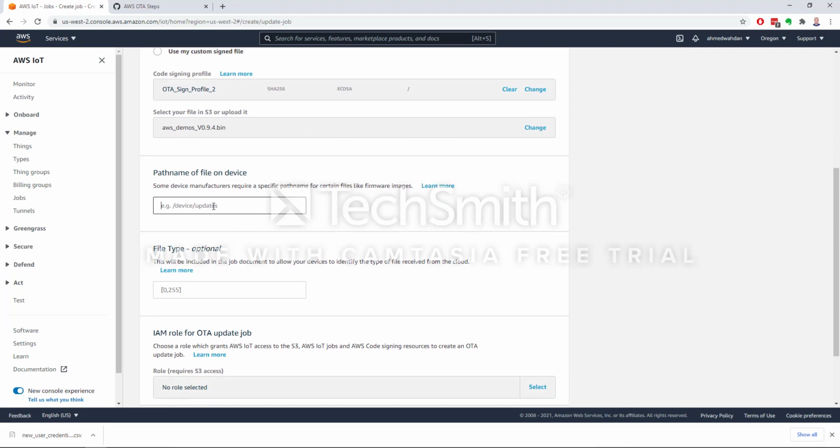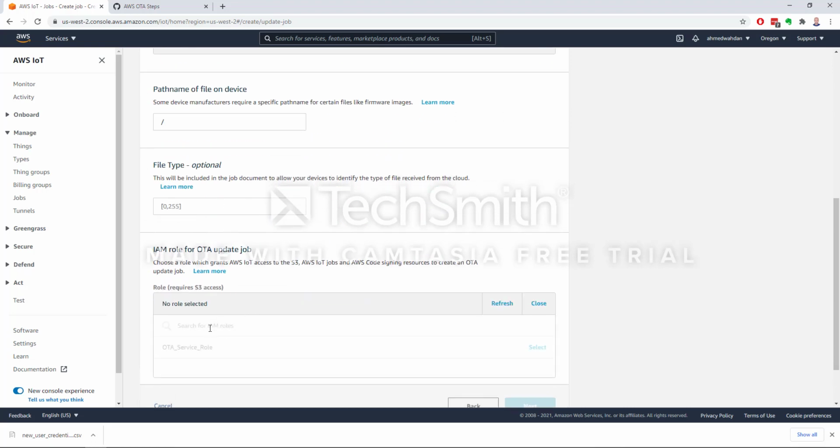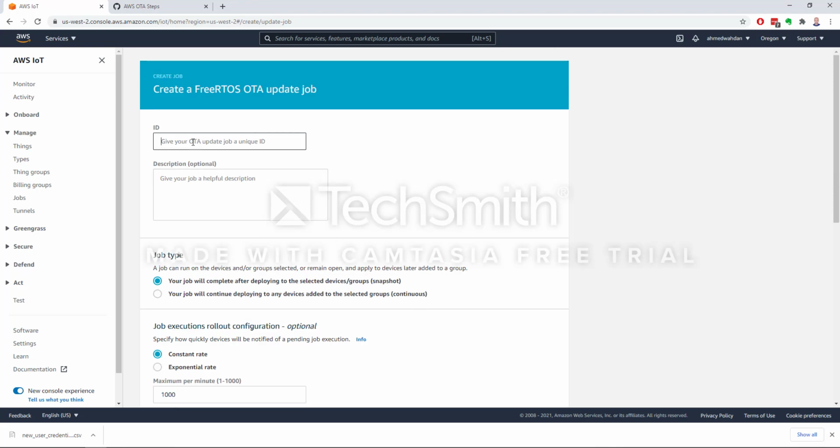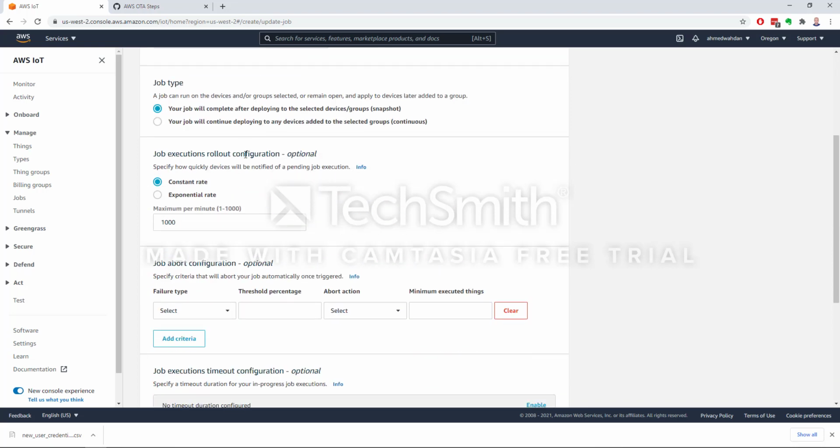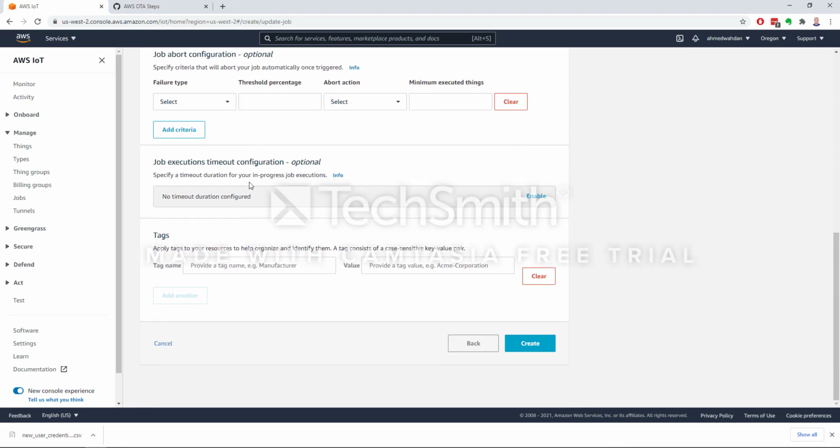Okay, slash here, and select the service role. Next job we can set version 0.9.4, and we just create